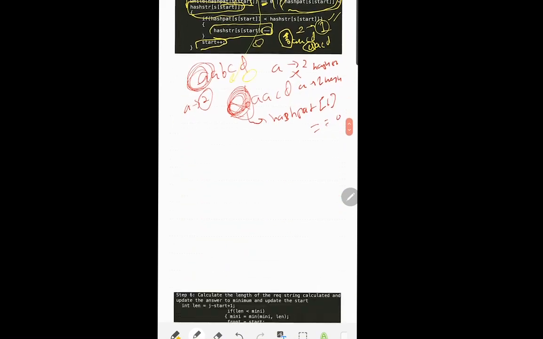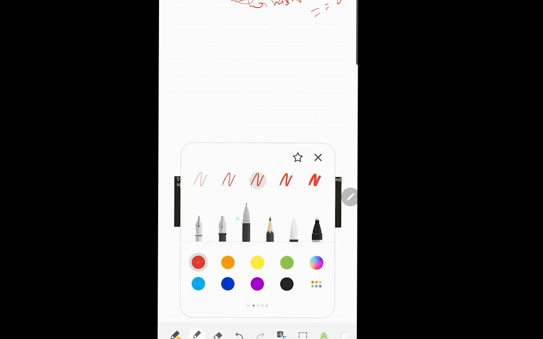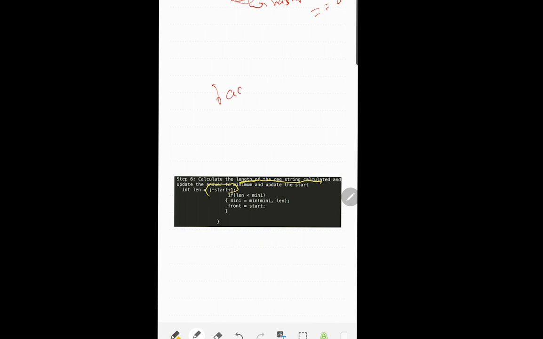All right, moving on. Now this is the final part of it. I need to calculate the length of the required string. So suppose I started from here. Let's take this example again, BAACD, and I'm searching for this pattern. After the loop, where will I arrive? Over here. This is where the loop will break. Why? This is incremented and these two characters are removed. That means I'll start here. So this is where I'll put my j. J is the iterator for the string, right? And this is where my start will be.